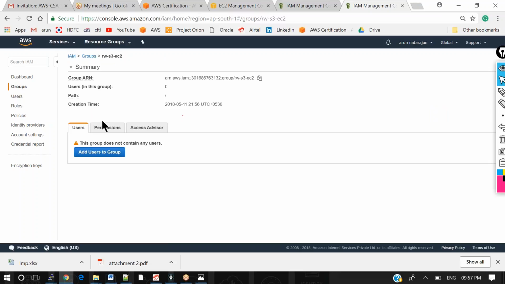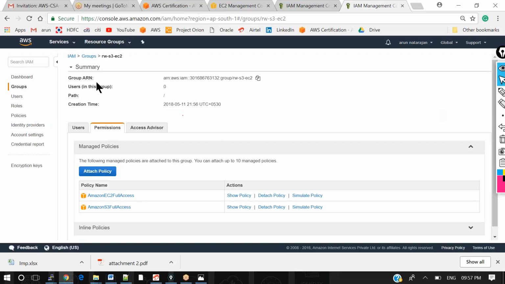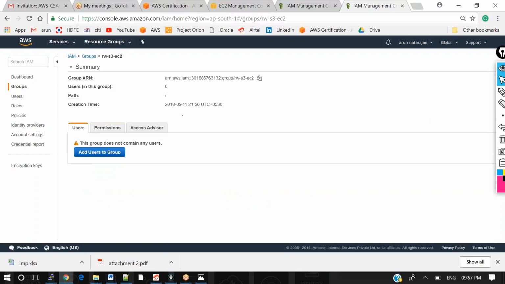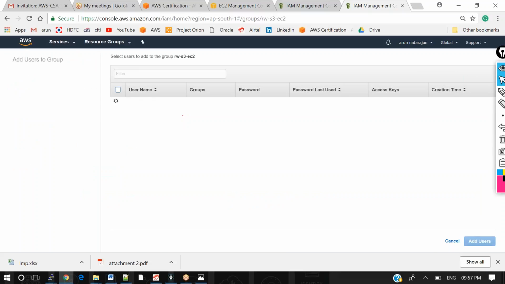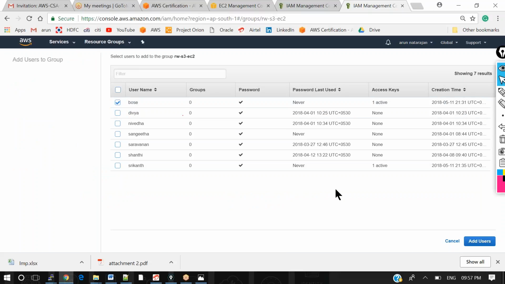If you would like to check the permissions assigned under a particular group, you can go ahead this way and check it. Now I would like to add the user boss. Can we modify the permissions later if we want? Yes, we can. We have not assigned any policies to the user boss. We have assigned only some policies to the user Srikanth, and none to the boss. So now I am adding boss to the group.